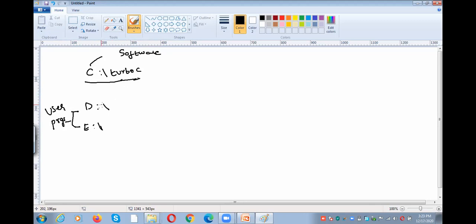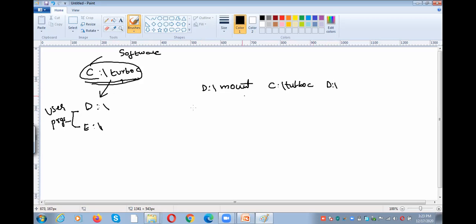For example, if you want to execute your program in the D folder, then what you need to do, you need to attach this portion to the D file system. Then only you can run the programs under D also. How can we attach? So now we are in the D colon. There you want to run the C program. But the C program software is available in the C file system. Then what you need to do? You need to mount. The command is mount and then C colon turbo C.